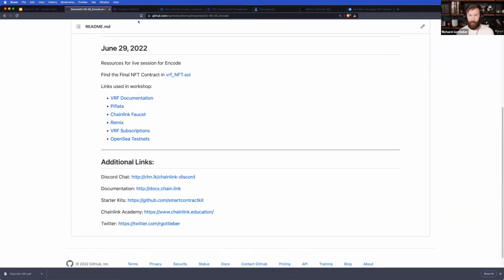Cool. I will try to go slow-ish if you'd like to play along. If you want to go to this link and follow some of these examples with me, you can absolutely do that. You will need MetaMask as well. And we'll need some testnet ETH and link. So I guess the first thing to do is to go to